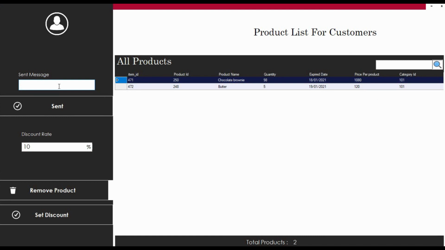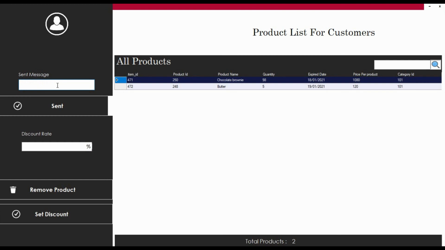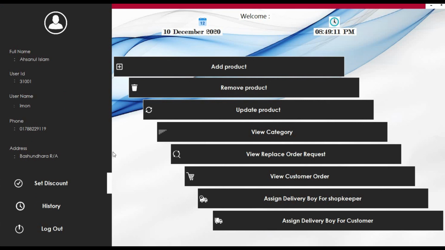The manager can also send a message to the customer. After the 10% discount, I want to notify all my customers that I have given a 10% discount on the chocolatey brownie. So I want to send them a message. Suppose I send a message like discount 10% on our chocolate brownie, and if I press the send button, you can see message sent,